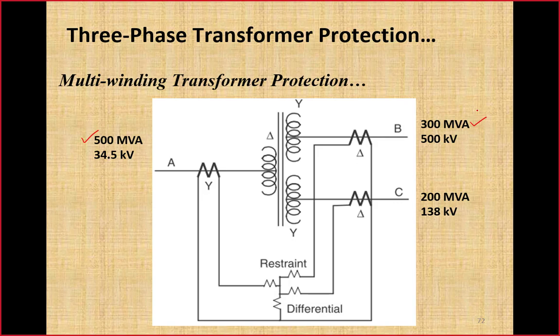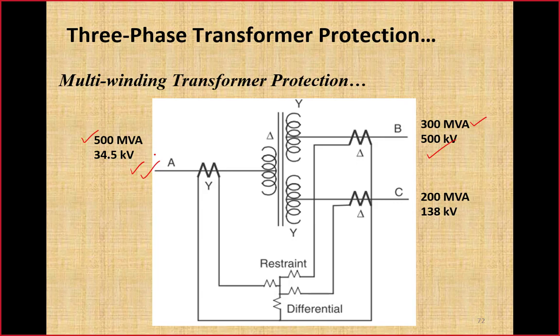Let's do the calculation for 300 MVA. Once we have done the calculation using 300 MVA on the winding A side and 300 MVA on the winding B side, and then all three windings are in service, this winding will carry the full 500 MVA. If we have calculated its line current and selected the CT ratio by assuming that this winding was carrying just 300 MVA, it is quite possible that when it carries more than 300 MVA, up to 500 MVA, the CT may carry current greater than its rated value of 5 ampere. So that is a problem again.